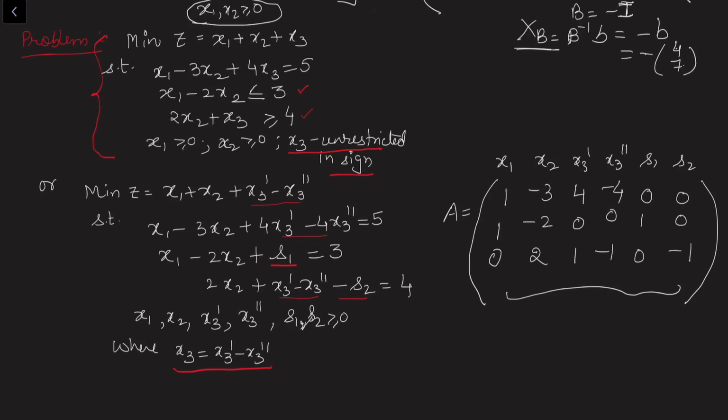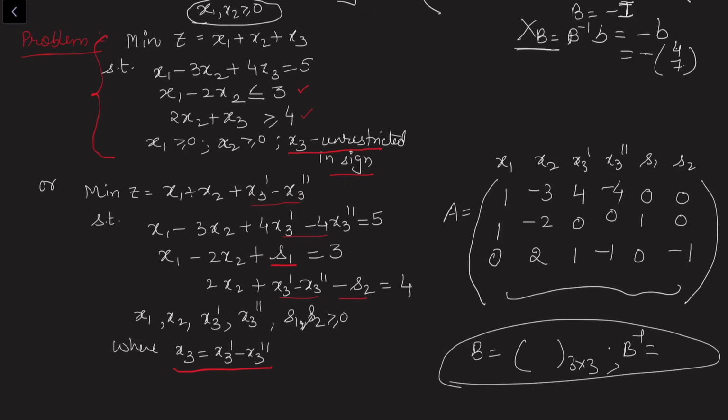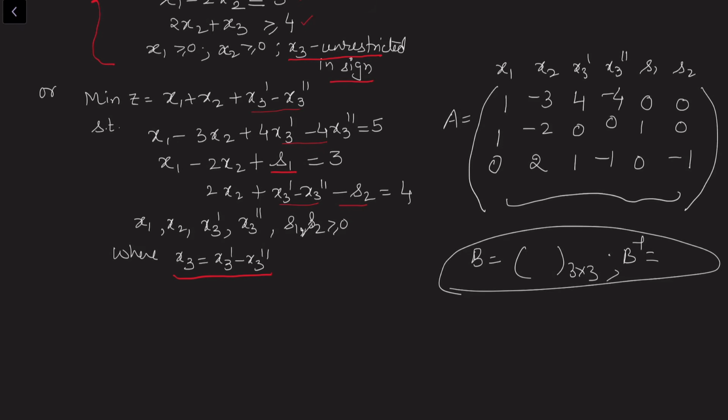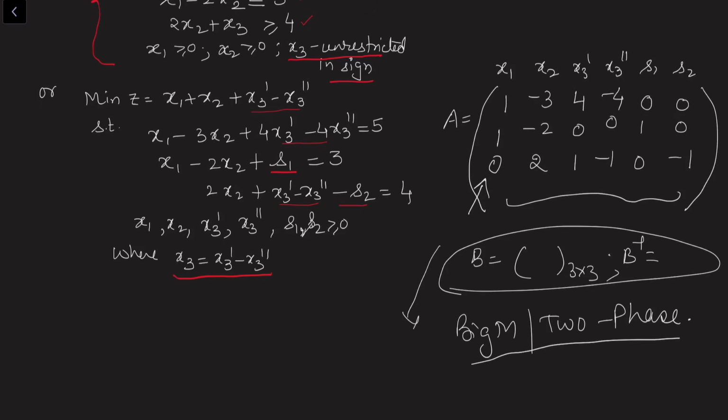Yes, we can always select a basis matrix of order 3 cross 3 and we can find B inverse. So that is a different way. By using the formula we can construct the simplex table. But since there is no ready identity, we directly cannot write these coefficients straight away in the first simplex table. And hence we look for Big M and two-phase method, and this is how we see the transition.